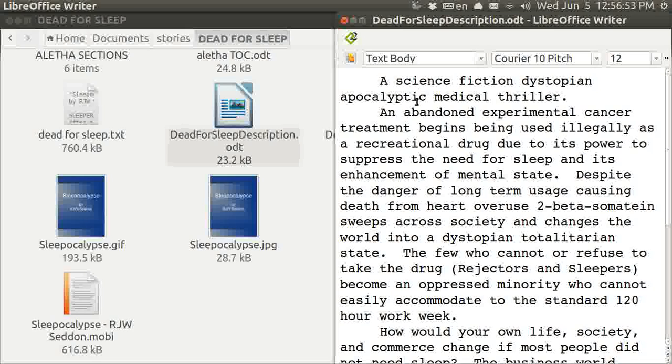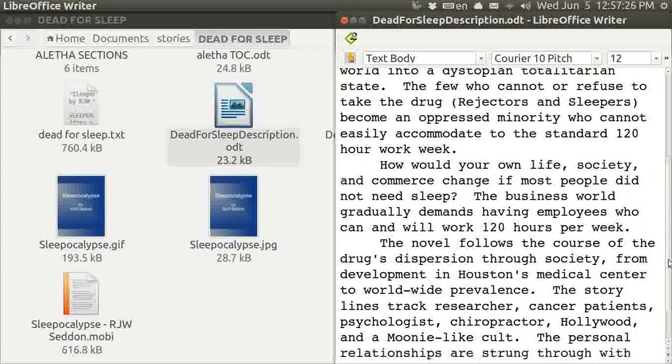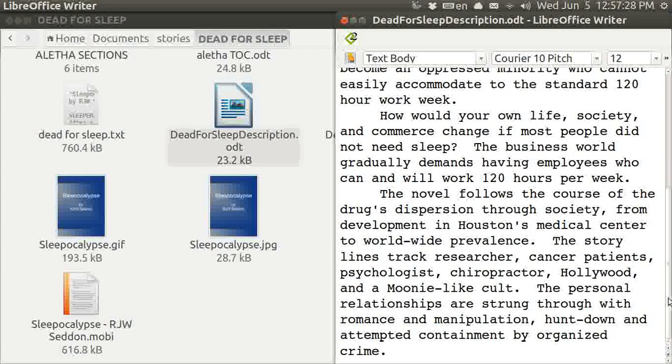Despite the danger of long-term usage causing death from heart attack, 2-beta-somatine sweeps across society and changes the world into a dystopian totalitarian state. The few who cannot or refuse to take the drug, called rejectors and sleepers, become an oppressed minority who cannot easily accommodate to the standard 120-hour work week. Well, when I was going to college in Waco, Texas at Baylor University, I worked 4 hours a day